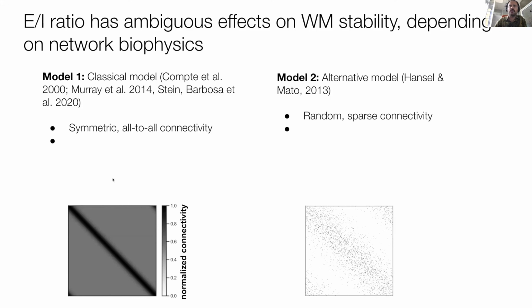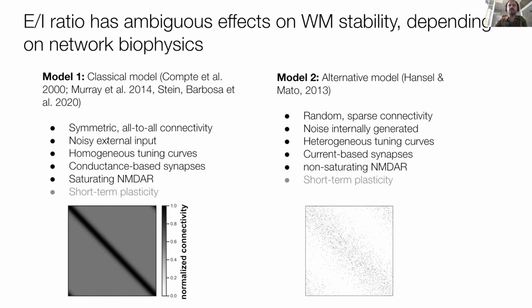The first model has symmetric, all-to-all connectivity. So it's not very biological, since we don't think that all neurons in the network are connected. And they have a very specific shape, this cosine tuning. All neurons in this network have the same tuning. They are just shifted a bit; they are tuned to different stimuli, but they are exactly the same neuron. On this other model, the connectivity is random and sparse. You can see a lot of white space here. It's not all-to-all. Each neuron receives input from just a small fraction of neurons, while here it receives input from all neurons.